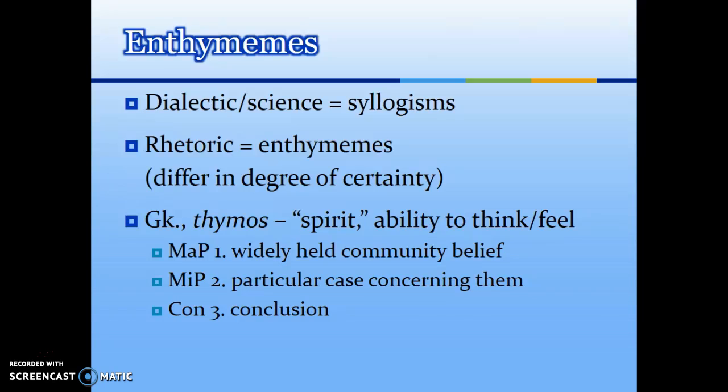One way that the enthymeme began, sort of out of that syllogistic tradition, is that whereas the major premise of a syllogism, as we said, is a general classification of a class, the major premise of an enthymeme really can be a widely held community belief. Again, relating back to those commonplaces of which we spoke last week. The minor premise for an enthymeme, or one of your minor premises, could be a particular case concerning those beliefs, a specific example. So some of these logical proofs overlap.